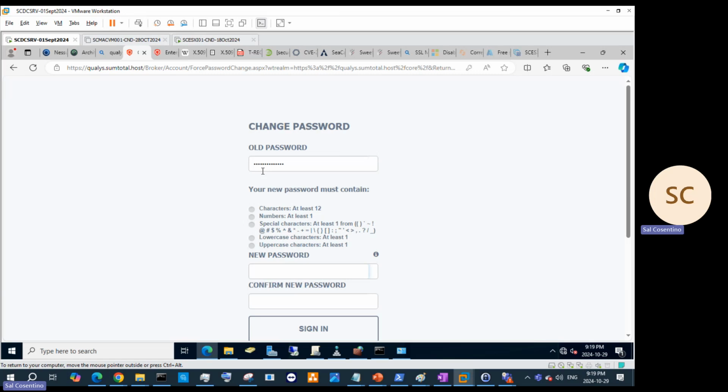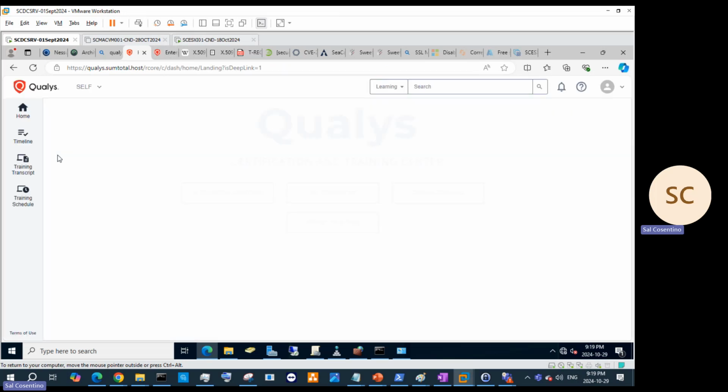Okay, so I'm going to type in my new password. Sorry, guys, I have to create a new password. Looks like I haven't. All right, and I'm going to confirm it and sign in. So this is your Qualys landing page for training